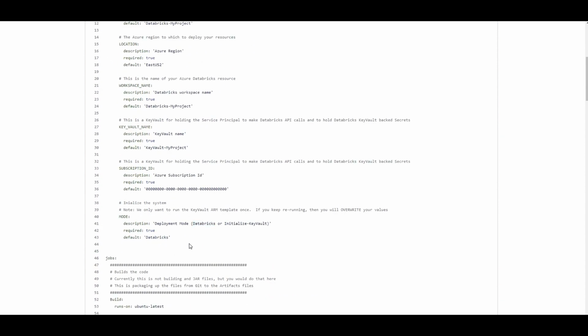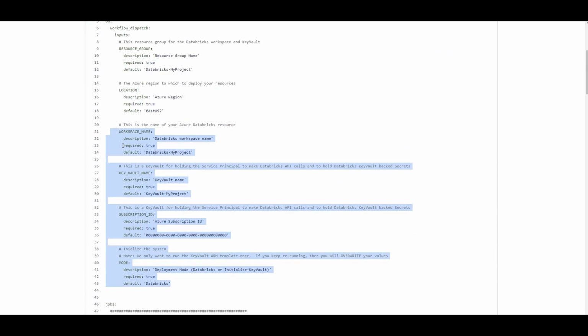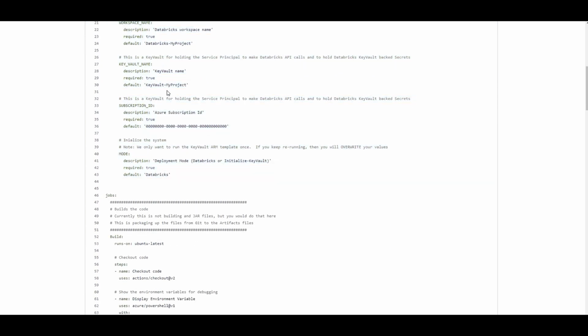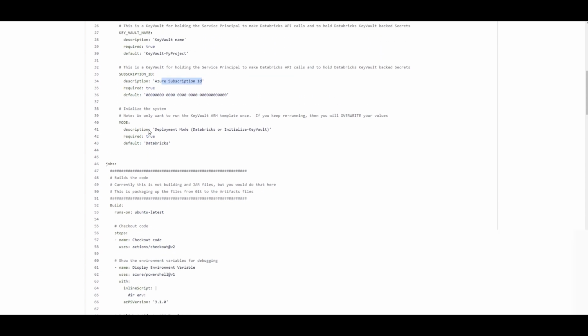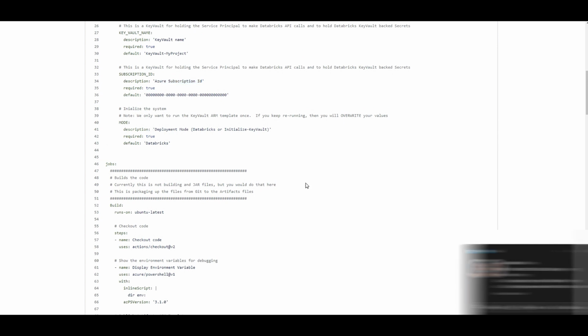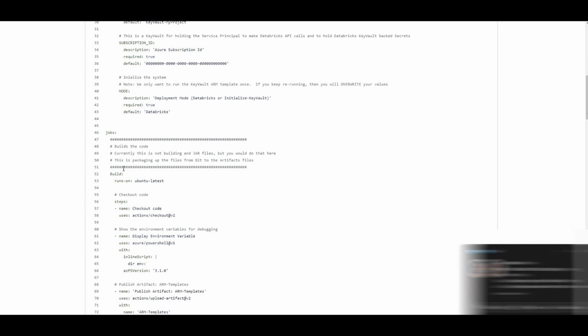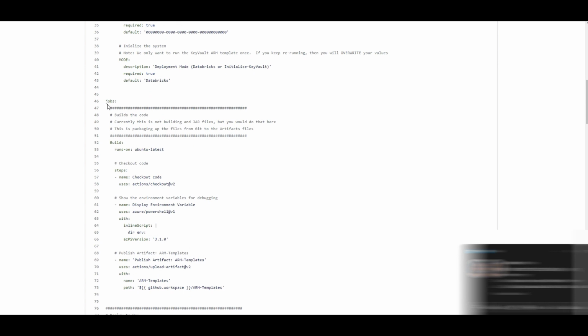So now when it asks for these parameters, let's say we go with the default values, but some of them you have to change, like the default of subscription ID is just 00. You have to change it to your subscription ID. And again, I'll show you how you can do it. Then afterwards, here's the place where I'm creating